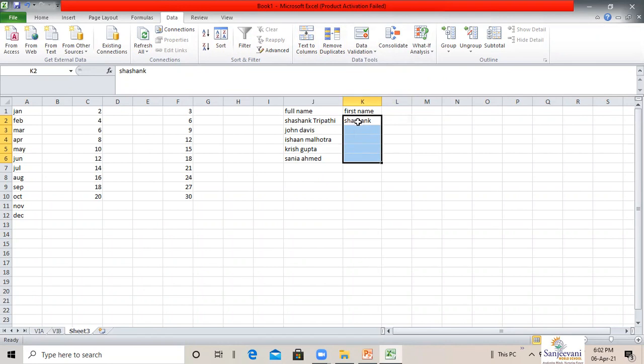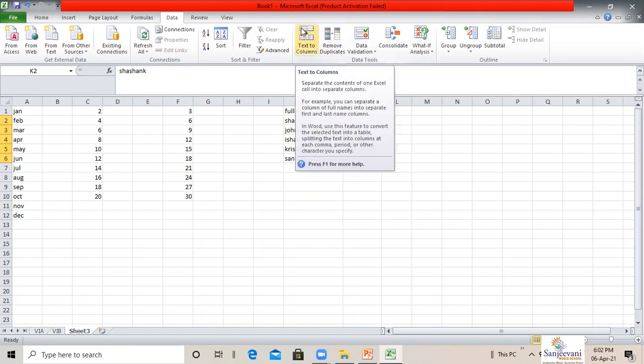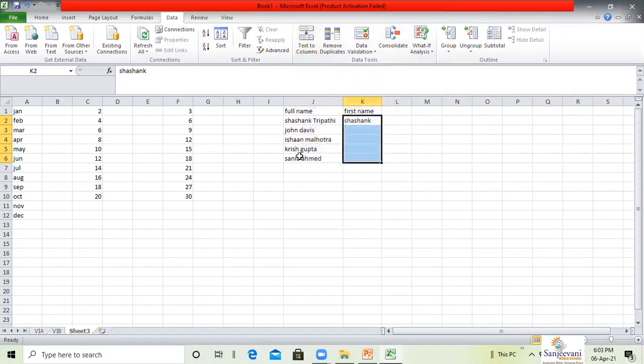I will not be able to show you because I don't have Excel 2013 plus version. For an example, you can refer to page number 97 and 98 of your computer course book.